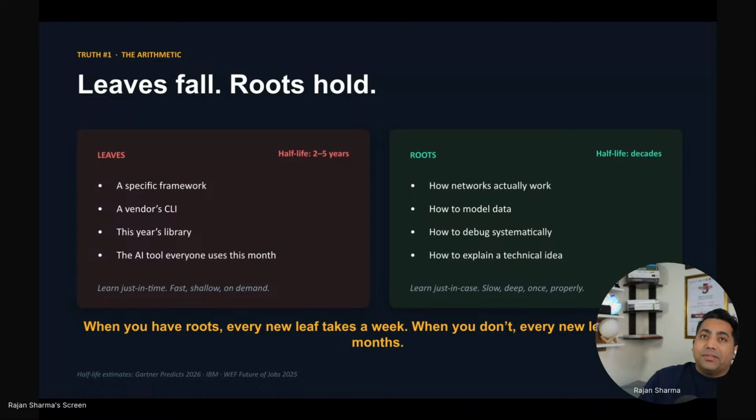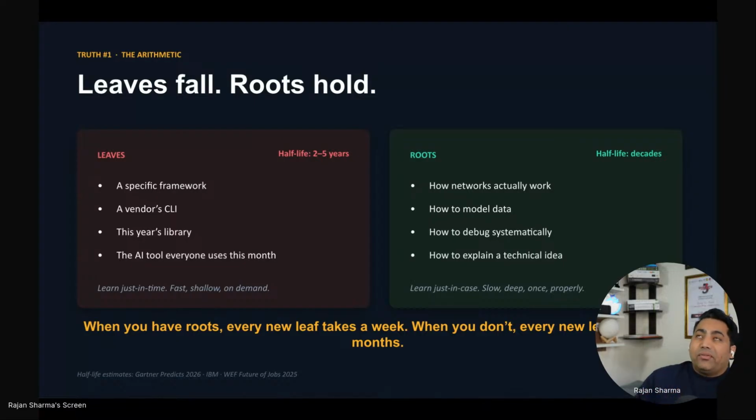And it happens because you have some missing basics, and based on those basics you cannot evaluate the technology well. You need to understand how to debug well, and how to make sure that something you have done which is core technical, you have the capability to explain the same thing to a non-technical person in a simple form. If you can do that, this is one of the greatest skills you will achieve, and that's why it's called the root. So the root is going to stay with you almost 30 years. That's the understanding.